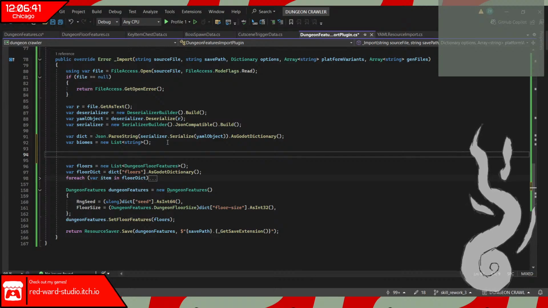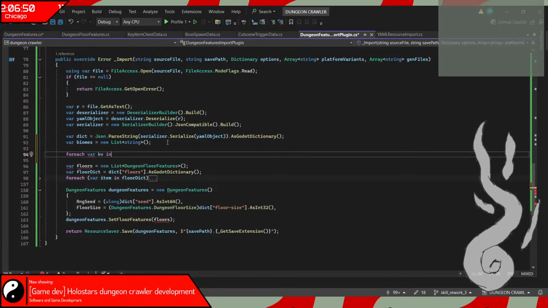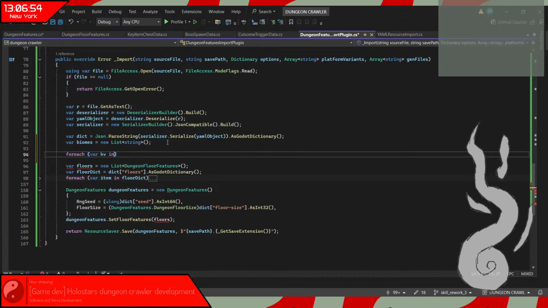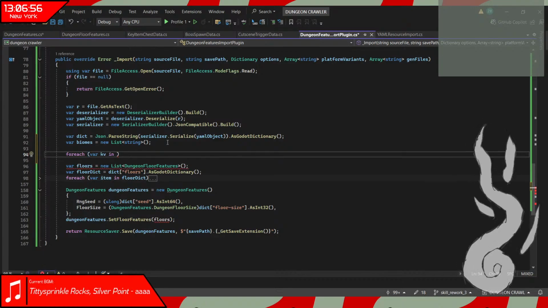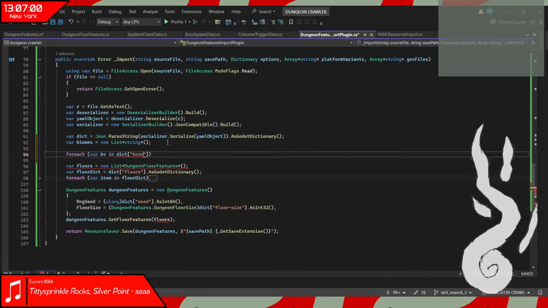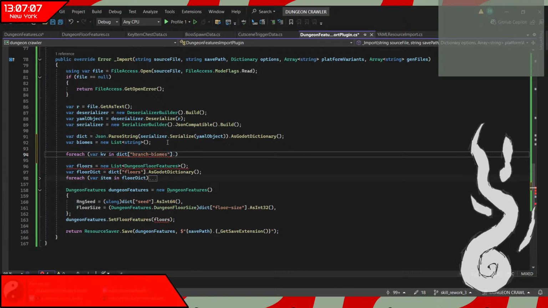So for each var key value in picked branch biomes